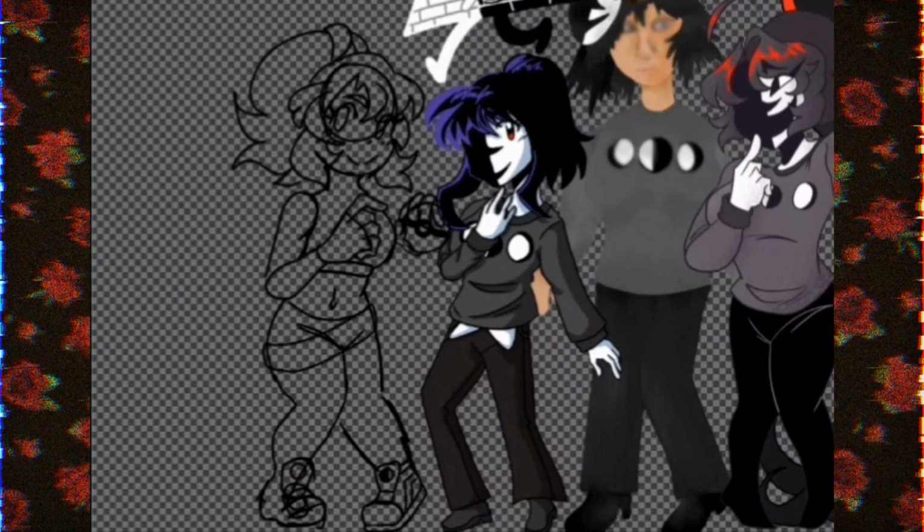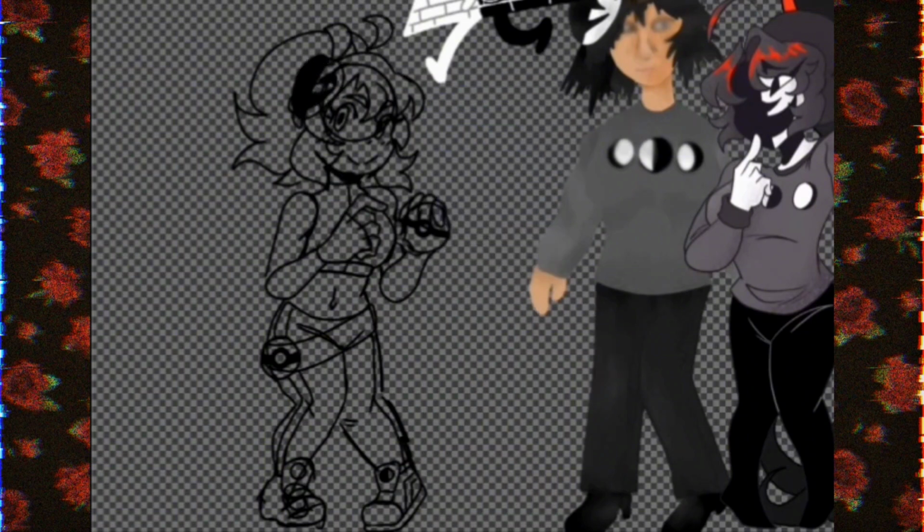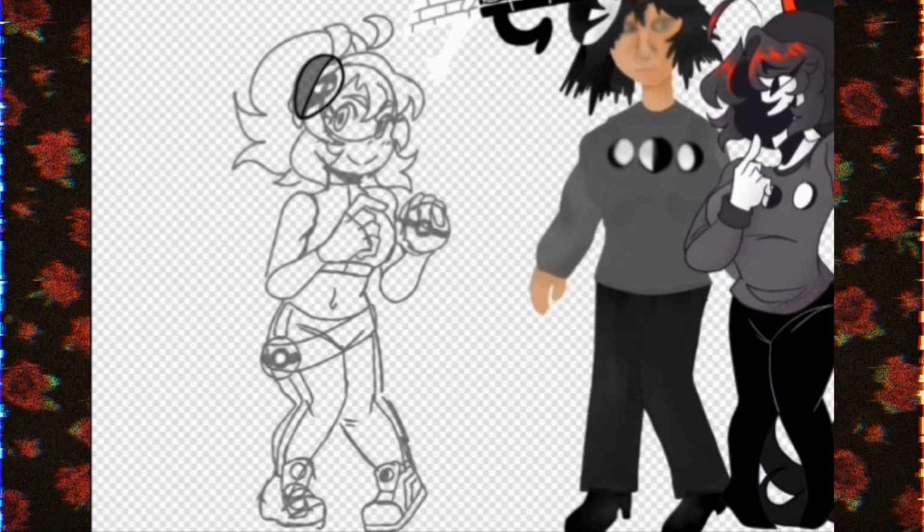So basically I had a little trouble with the eye shape and the face shape just because I'm not used to drawing the Pokemon art style, but when I did character study, because you can tell I drew a little bit and then immediately was like, wait, I didn't do character study. So I went back, did a little character study, and then came back and felt way more comfortable drawing in the style.